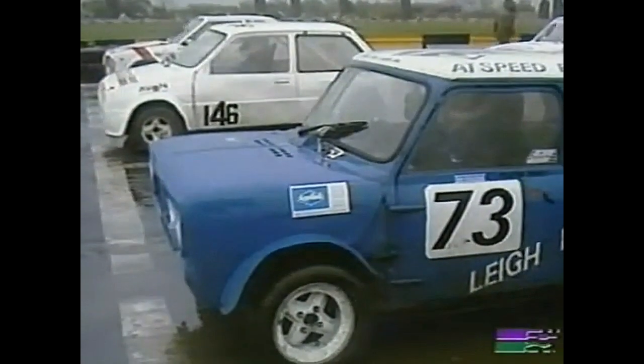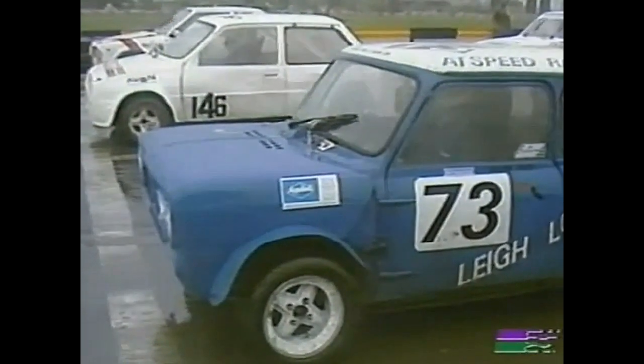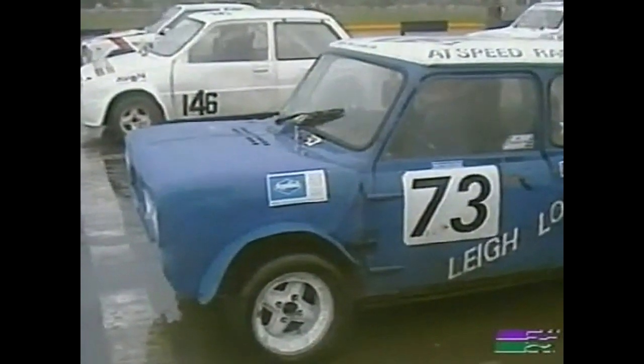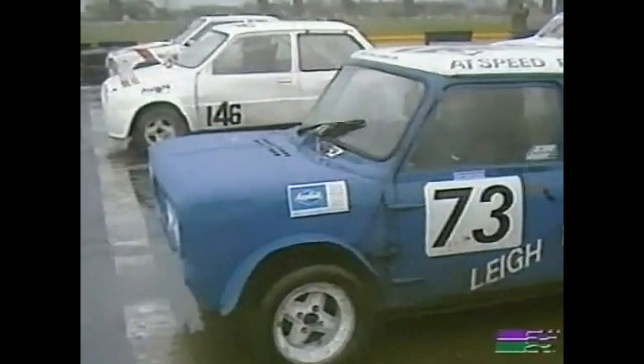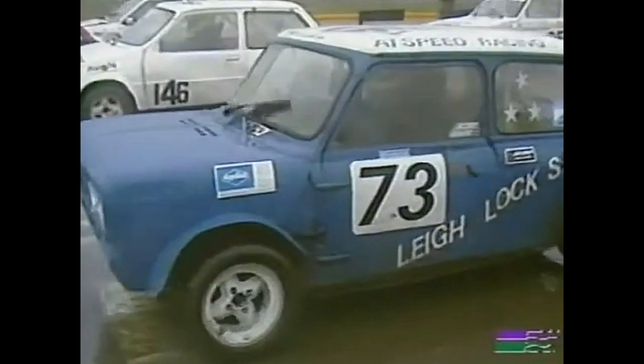Just look at that, number 73, the man nearest to your screen there in the Mini, that's Russ Reader, and in the past we've been so used to seeing Russ Reader in there on the front of the grid of the A final, but at the moment he's down on the front row of the grid for the B final. Number 146, Pete Marsden, is also in there, and completing the front row on the far side of your screen, John Turner, 711. Second row, it's Gary Smith in the Samba, then Ron Wright, Ian Sandwith, Tim Milner, Steve Wardle,